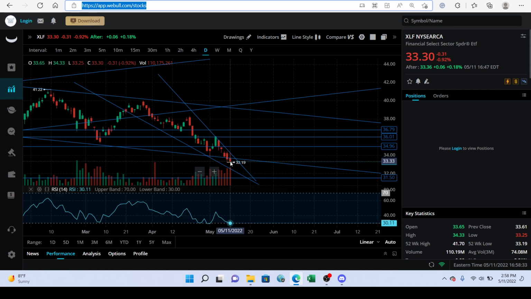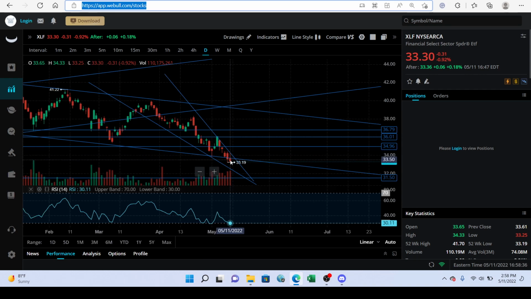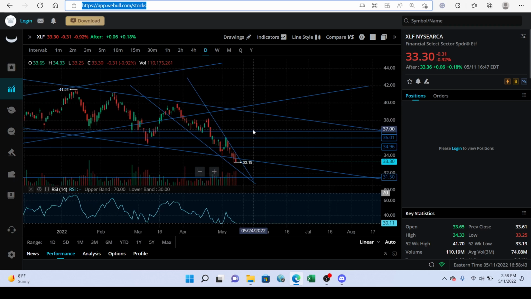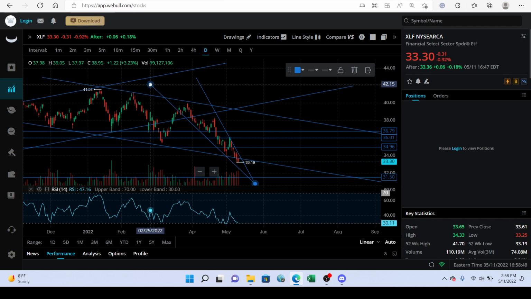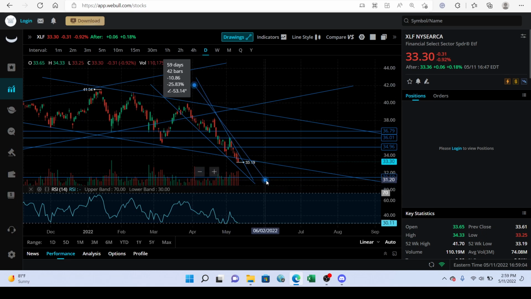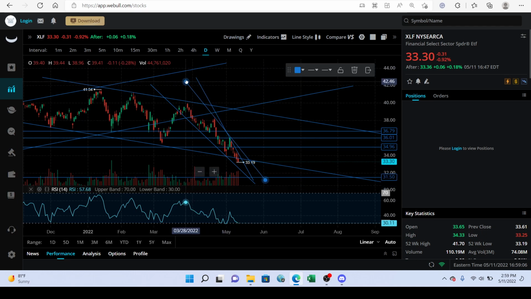This could happen to SPY too, if this just continues to fall, because this is the financials. Financials play a big part in SPY. But I do recognize that right now we're in a falling wedge, so I would pay attention to financials too. If we start moving a little sideways on financials and we break out of this wedge, then I think that's going to give us the mojo for SPY to start rallying a little bit,